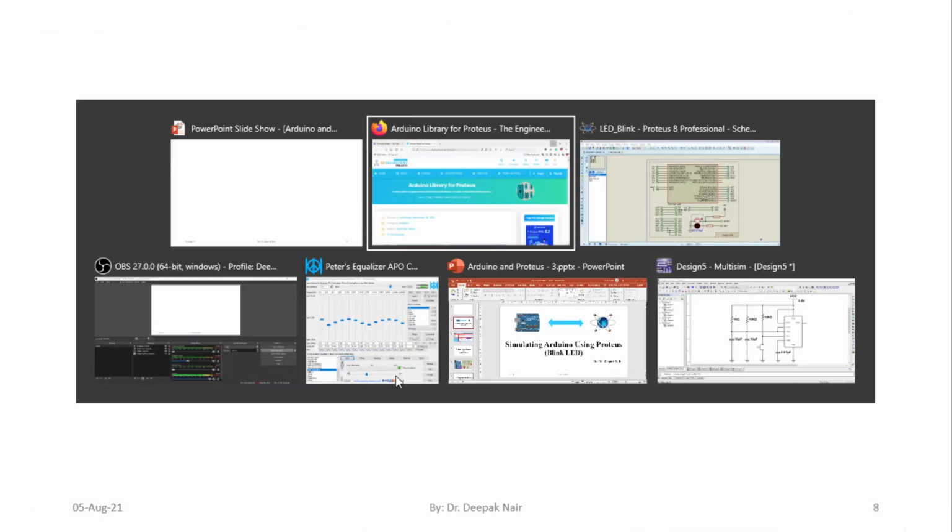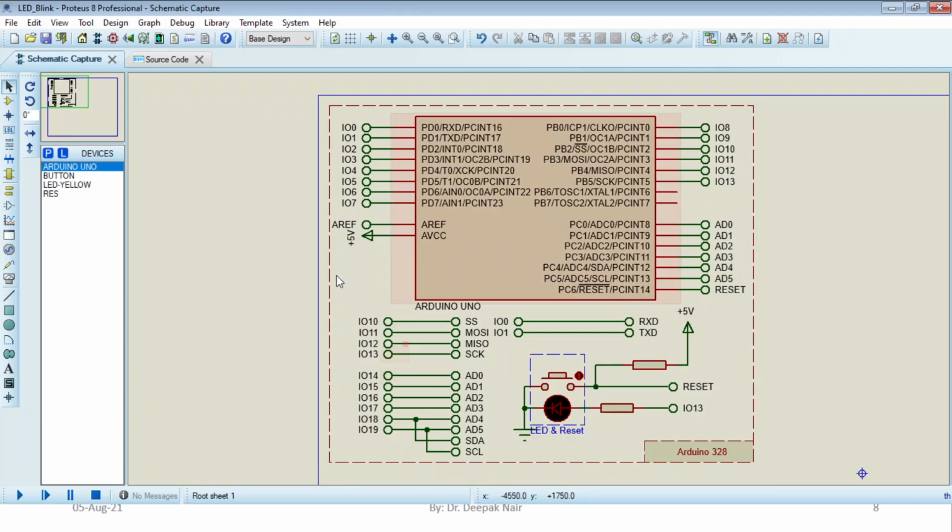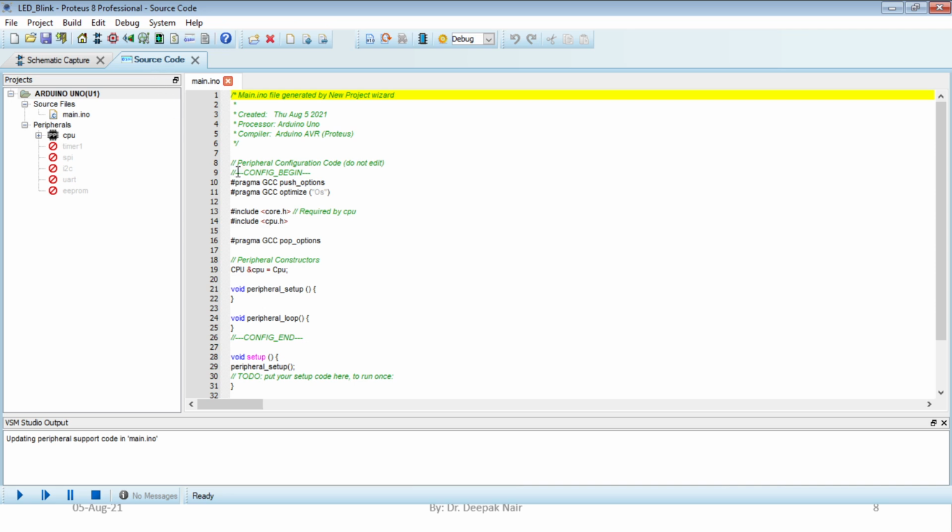So now the question is how to design a project. In this project there are two tabs. One is schematic capture, the other one is source code. First of all, let us explore more about it and let us see how to write code in this particular Arduino Proteus.